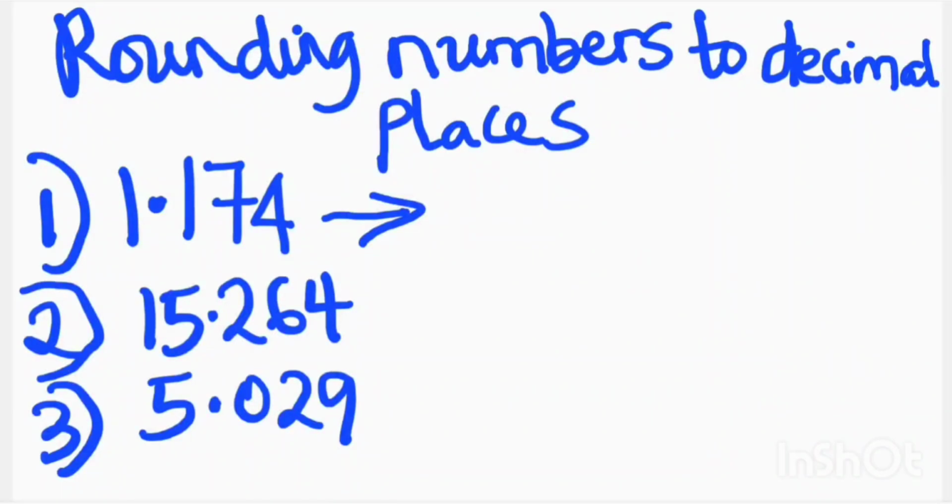Today we're dealing with rounding numbers to decimal places. Okay, rounding numbers to decimal places. Now let's look at rounding numbers to two decimal places. We're dealing with two decimal places, and here we have